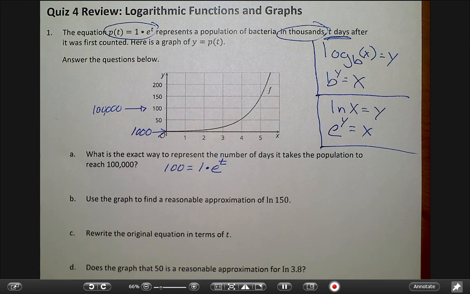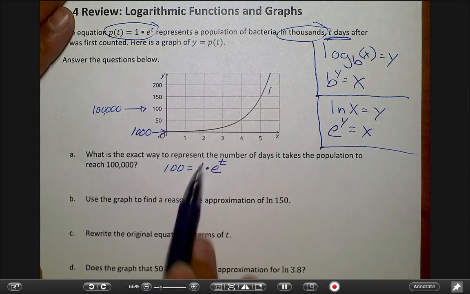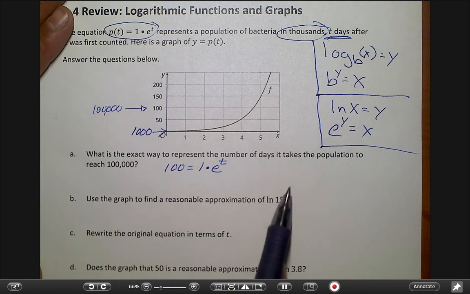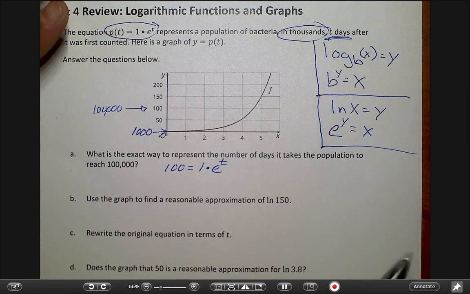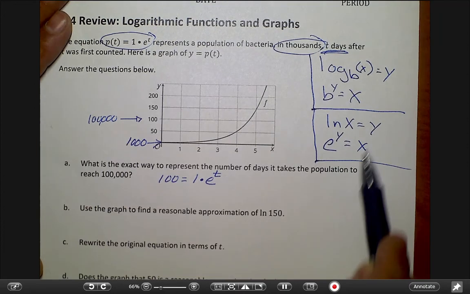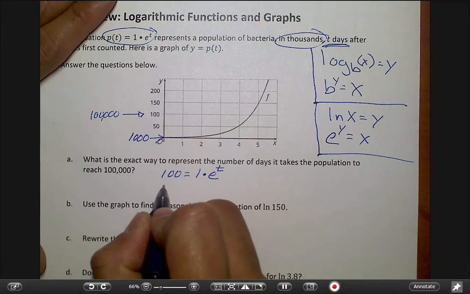Now we're going to solve. You could actually solve for t by graphing it, but this one is pretty basic. So 1 times e is just e, right? What would I do here to get this by itself? I'd normally divide. 100 divided by 1 is still 100, so I'm going to disregard this 1. Now, to get that by itself, I'm going to ln both sides, right? Yes. Okay, so it's going to be ln of